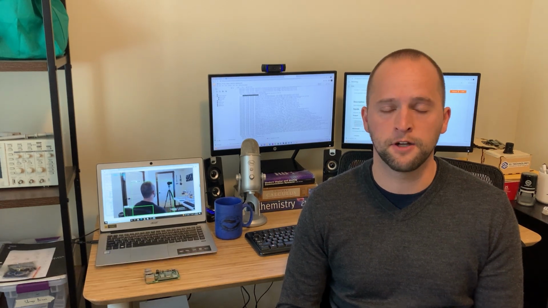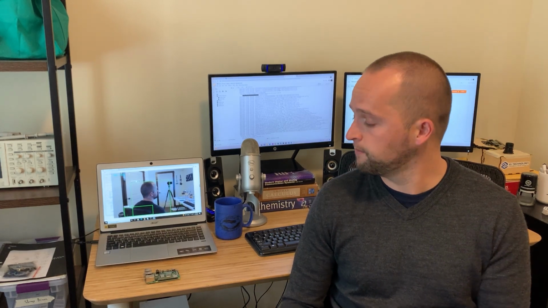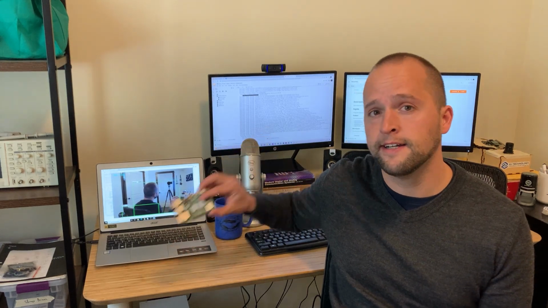Hey everyone, in this video we'll learn how to train a TensorFlow Lite object detection model on our own dataset. We'll walk through the process of preparing training data, training the model, and exporting it, all using Google's free servers inside Google Colab. By the end of this video, you'll have a fully trained, lightweight object detection model that you can run on computers, a Raspberry Pi, cell phones, or other edge devices.